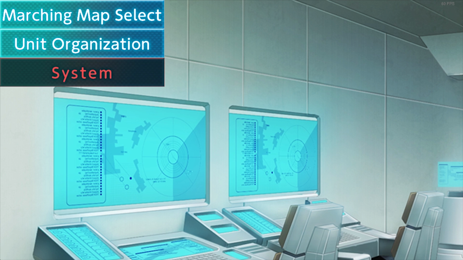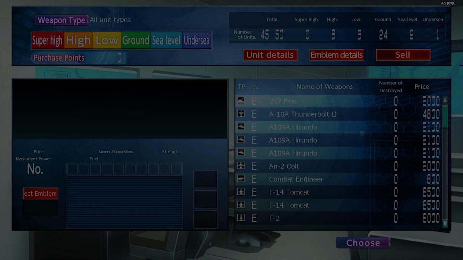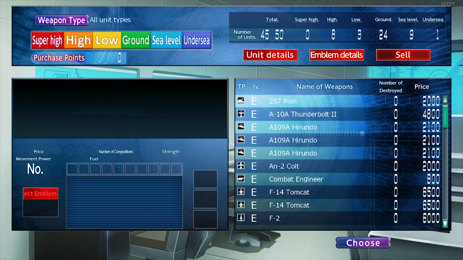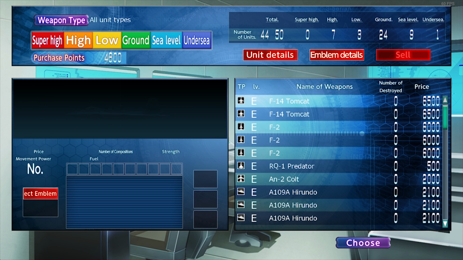fine amount of sense. So if you go into the unit organization, we can confirm our units, and basically this is the 45 units we start out with. We can have a maximum of 50, and we can sell whichever ones we like. So if I were to pick, say, the A10 Thunderbolt, for example, I could sell it. So now I've got a few extra purchase points that I can use, and then I can go back to